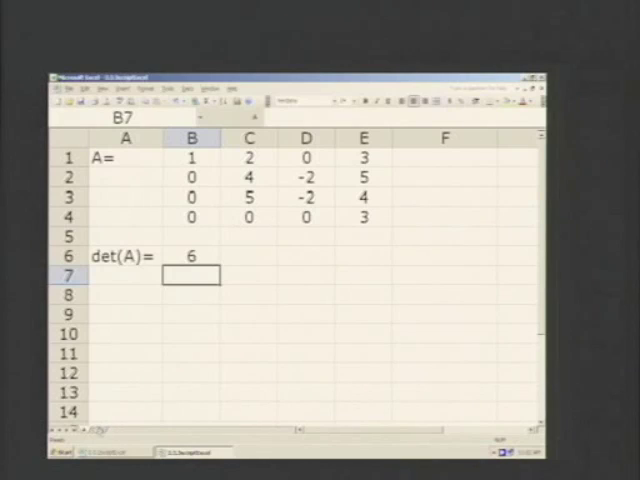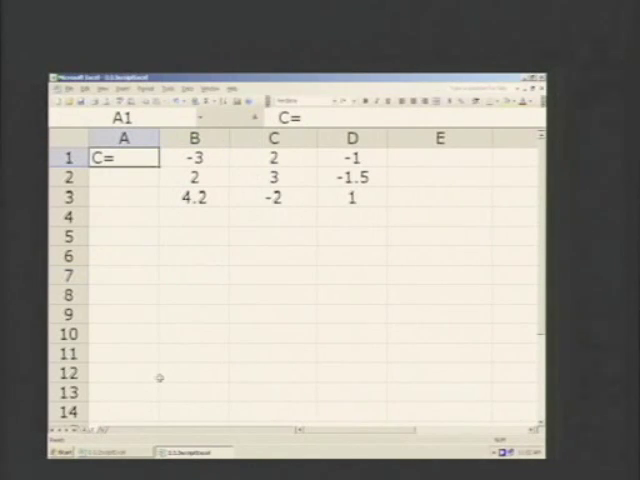Now let's look at another example. Find the determinant of matrix C equals, in row 1: -3, 2, -1; in row 2: 2, 3, -1.5; and in row 3: 4.2, -2, 1. First, be sure that the determinant is defined. Since C is 3 by 3, it is square and does have a determinant. So we're going to label determinant of C equals